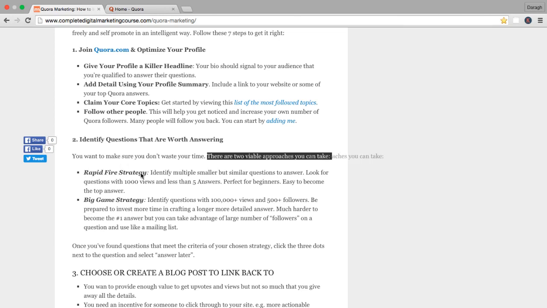The first is the rapid fire strategy, and the second is the big game strategy. So let me start by explaining what the rapid fire strategy is and how you would go about carrying this out. Essentially, what we want to do is to identify smaller questions, but that are similar. So we're going to post a similar answer on a lot of similar questions.